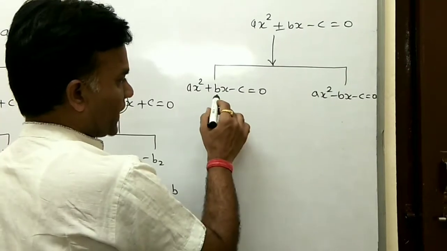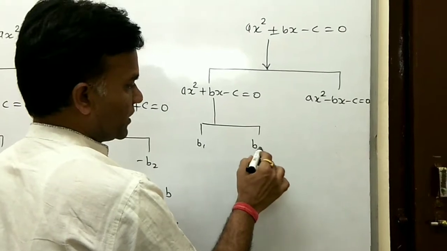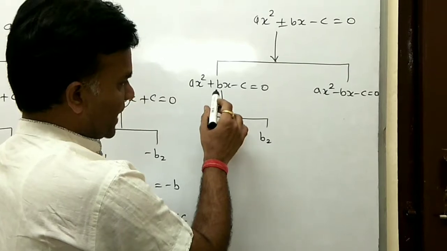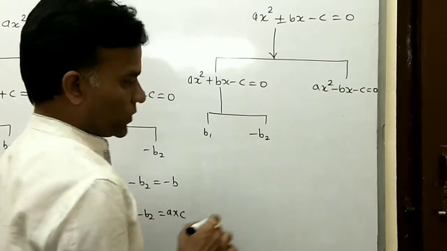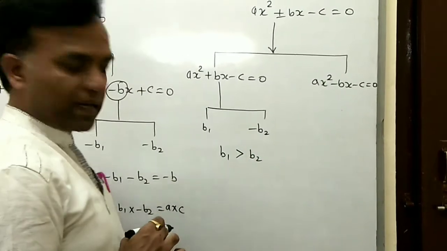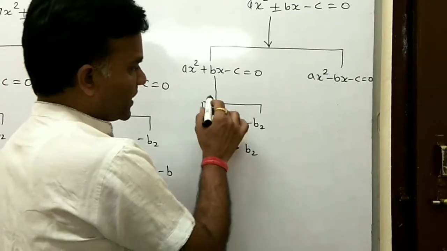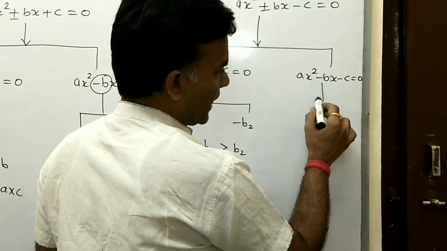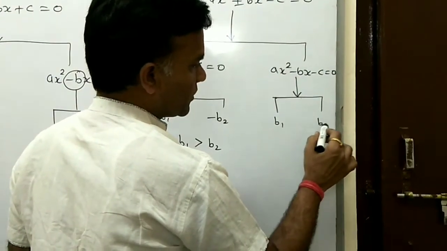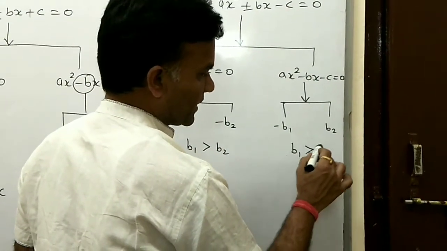So there are two factors again that you opt for here, b1 and b2. First b1, and here you have b2. Similarly, one b sign is negative and the other is positive. Here the positive sign is greater, so b1 is greater, and minus b2. So now you take the condition b1 is greater than b2, because numerically you take b1 as the greater number and b2 as the smaller number. The same situation applies here, where you again form two conditions with b1 and b2, with b1 greater than b2.